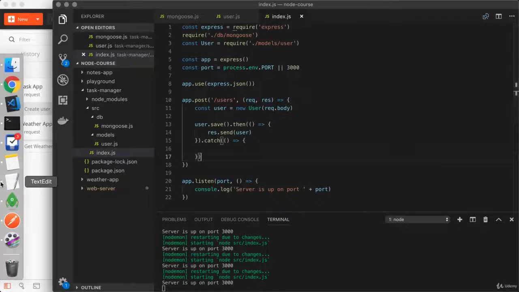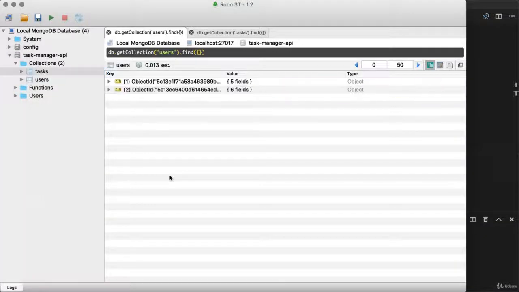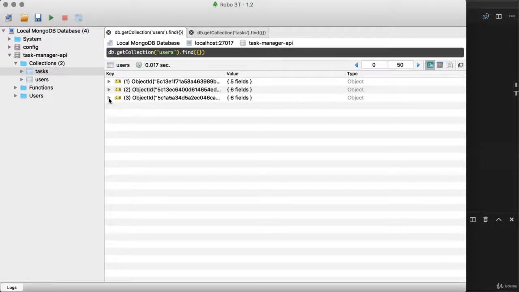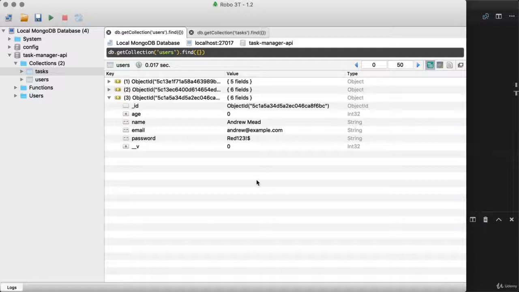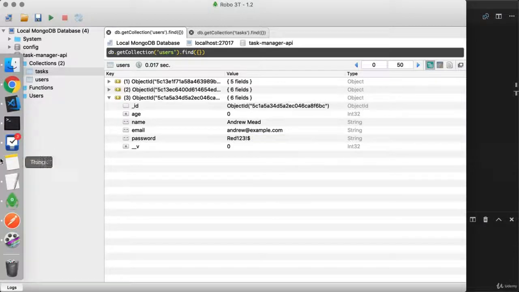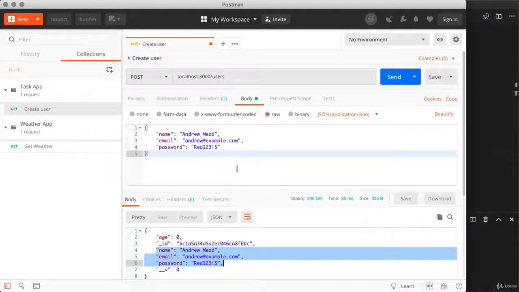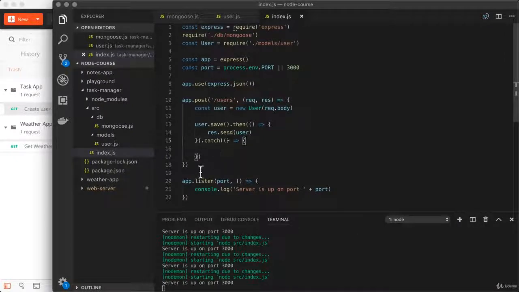I can prove that by heading over to Robo3T. From here, we have our users collection. I'm going to go ahead and refresh it. I'll expand the last document, and this is exactly what we just created. So there we go. That is our very first REST API. We're able to send data via an HTTP request off to the Express server. Using a predefined operation, we're able to perform some sort of manipulation on the database, in this case, creating the